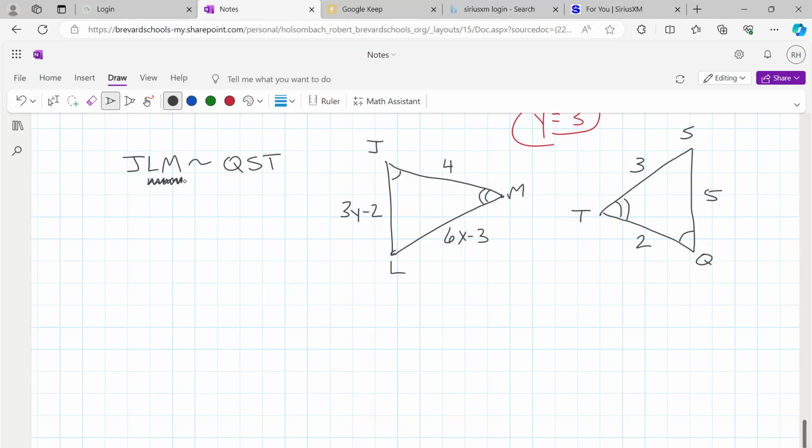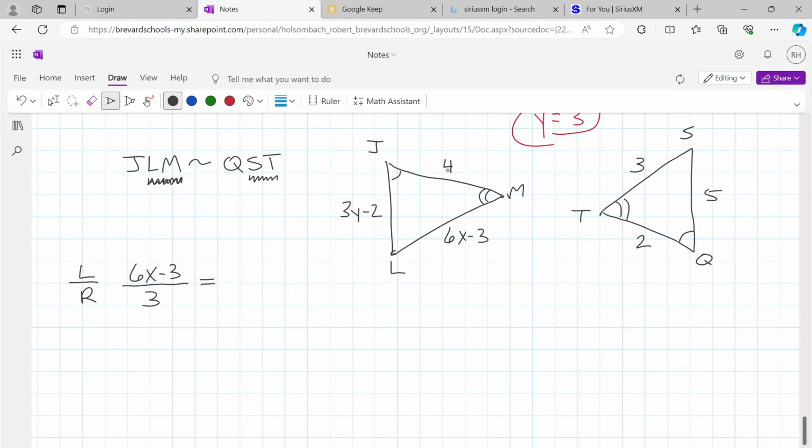So LM corresponds to ST. So now I'm going to go left shape over right shape in my proportion. I'm using 6x minus 3 over ST, and S to T is 3. And it's equal to,